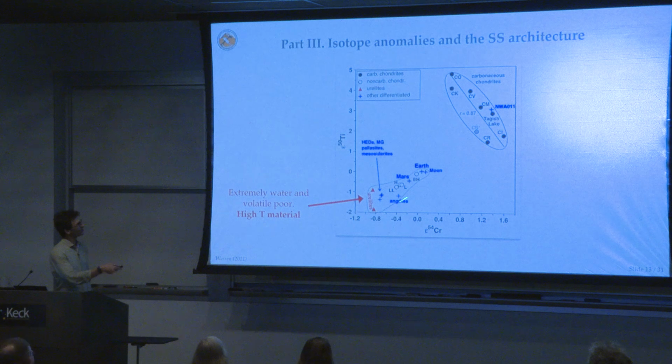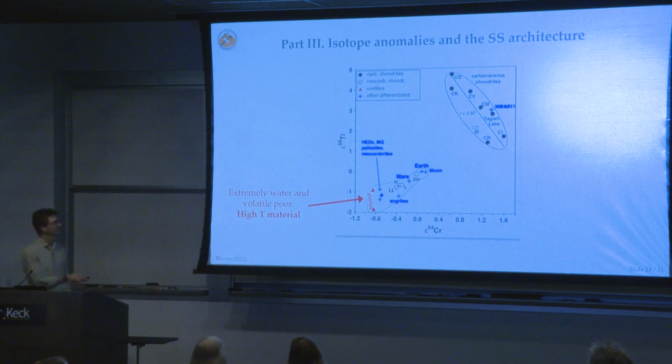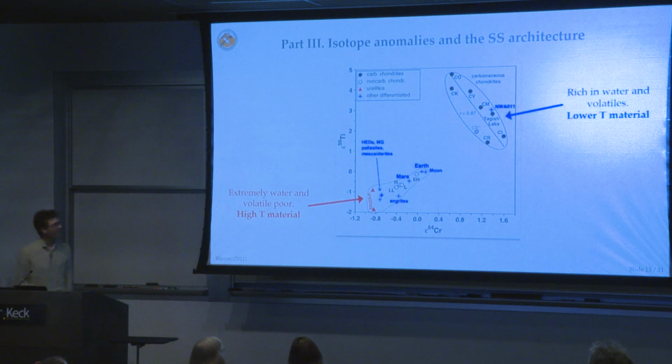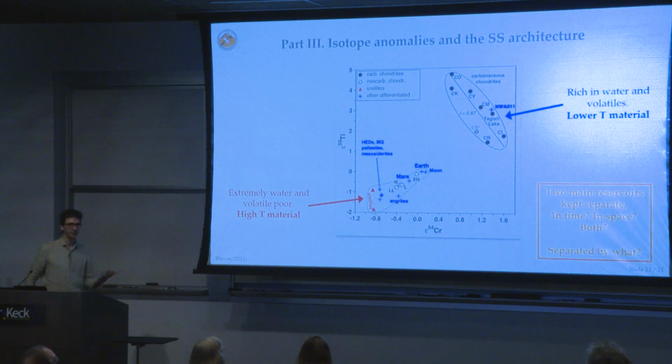One of these groups is very water poor, very volatile poor. It's what we think is inner solar system, and mainly is high temperature materials. So this is non-carbonaceous. The carbonaceous group is very rich in water and volatiles. It's lower temperature materials. The fact that there is no continuum between the two means that these two things were separated somehow. Maybe they were separated in space, maybe they were separated in time, but they were not allowed to